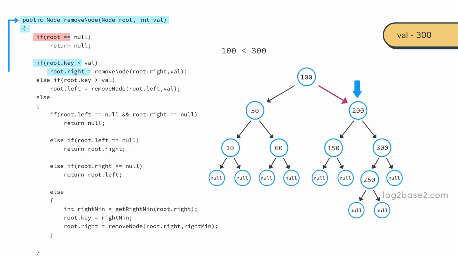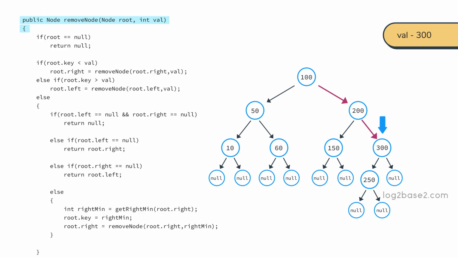So remove node is called again by passing node 200, which is the root of the right subtree, and the value 300. Now again check if the tree is empty, but it is not. So check if root key is less than val, and 200 is less than 300. So this is true. So 300 can be present in the right subtree only. So again call remove node by passing the right subtree and the value to be deleted. So remove node is called again by passing the node 300, which is the root of the right subtree, and the